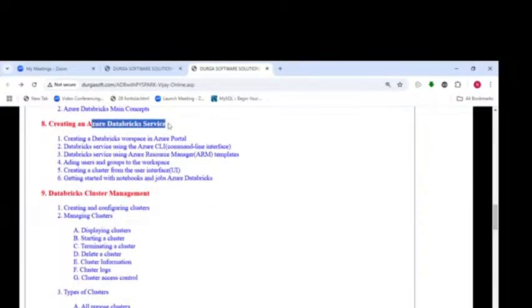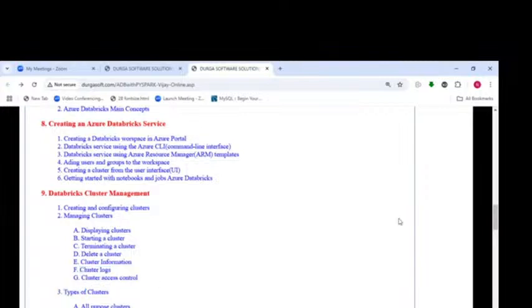creating the Azure Databricks service. Creating a Databricks workspace is important, right? In the Databricks workspace, everyone can communicate; multiple users can interact with each other. And the Databricks service with the Azure CLI, command line interface, adding users and groups to the workspace, creating a cluster from the user interface, getting started with notebooks and jobs, creating and configuring clusters, managing clusters, displaying clusters, starting a cluster, terminating a cluster, deleting a cluster, cluster information, use cluster